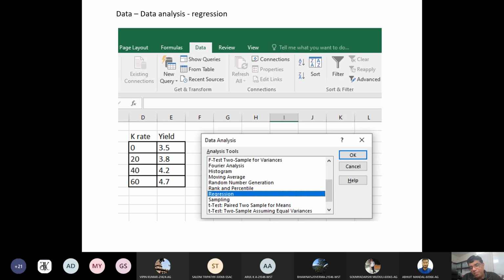Now, friends, you want to test the linearity, or you simply want to test the regression, whether it is significant or non-significant. Is it linear or not? Is it quadratic or not? For this, the same tool will be used. In Excel, I have shown you the data analysis tool pack. And in that, if you click there, you will find regression also. Option of regression, like we have seen option of correlation. So you click regression and then click OK.